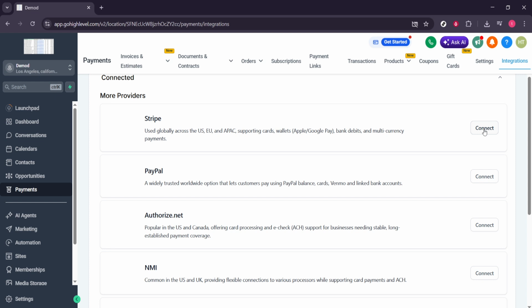When you do, GoHighLevel opens a secure Stripe authorization window. This is where you allow Stripe to share payment processing with your GoHighLevel location. Simply follow the on-screen prompts from Stripe to complete the authorization. Take a moment to confirm you're connecting the correct business in that window, especially if you manage multiple accounts in Stripe. After you approve the connection, you'll be taken back to GoHighLevel, and you should see Stripe marked as connected